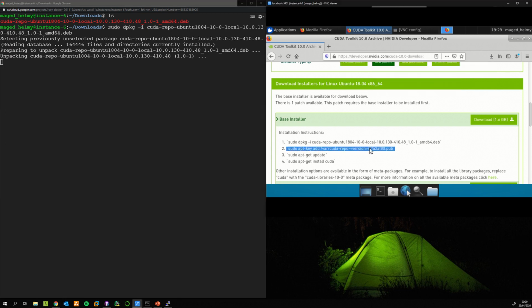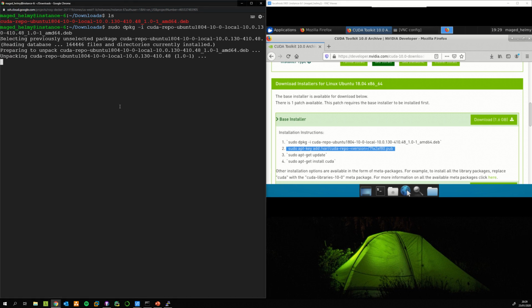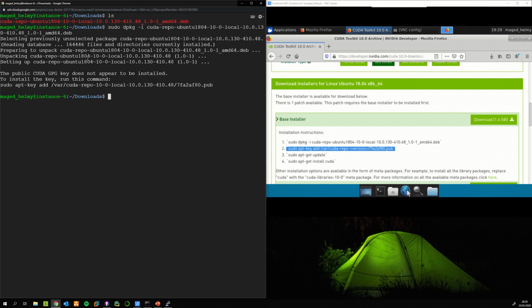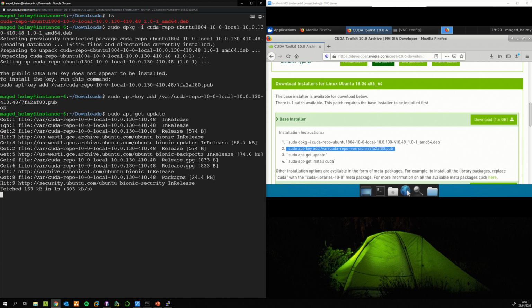So this second step, just ignore it, don't do the second step, because it's going to tell you, usually at least it does tell you. So we're going to give it some seconds here, and there we go, there's the second step already. So you just copy this, and you get this nice scissor symbol, and you do paste, and then you get OK, which is perfect. And now you do sudo apt-get update. Now you follow the rest of the instructions,